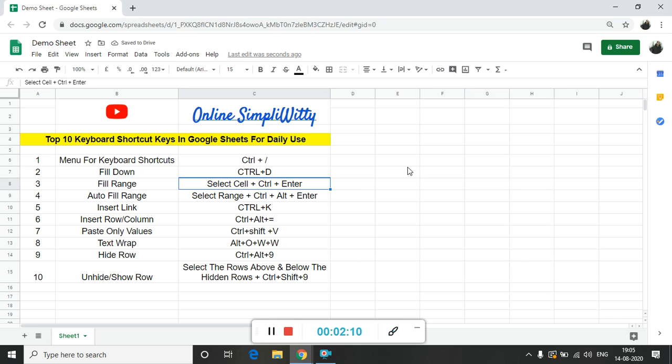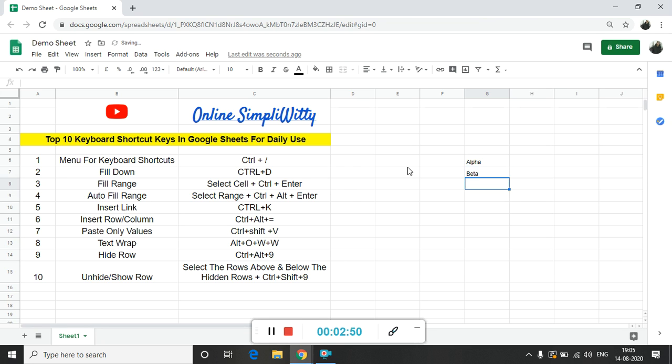Now, fill range. Many a time, let's say there is some data in cell G6, say it is alpha, and here it is beta. I'm just writing this for demonstration purposes. Now let's say you want this in G8, G9 and G10. Instead of writing a copy each time, option 1 is you can do Control C, copy beta and paste it everywhere you want it.